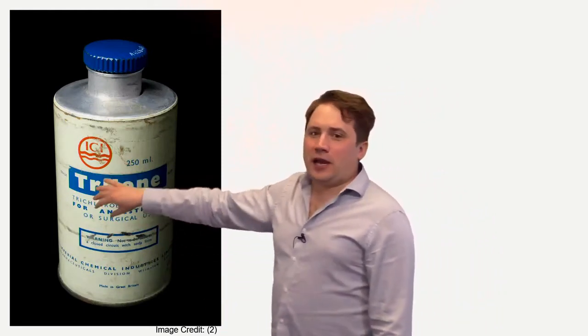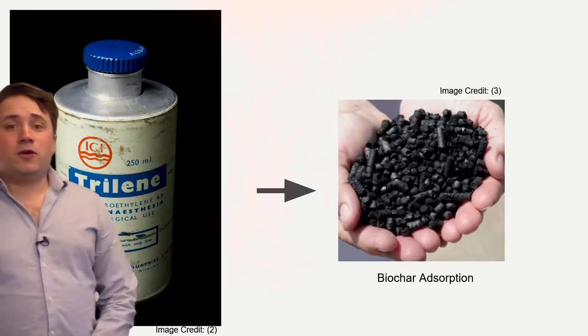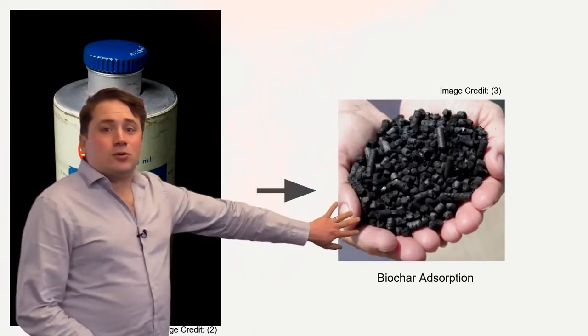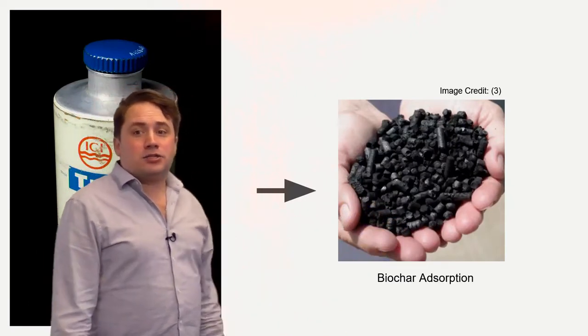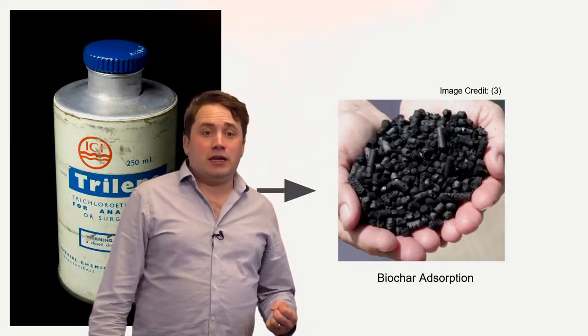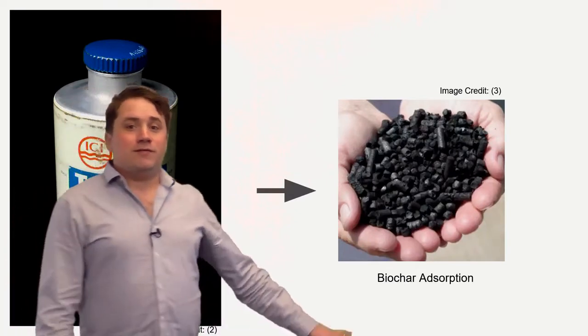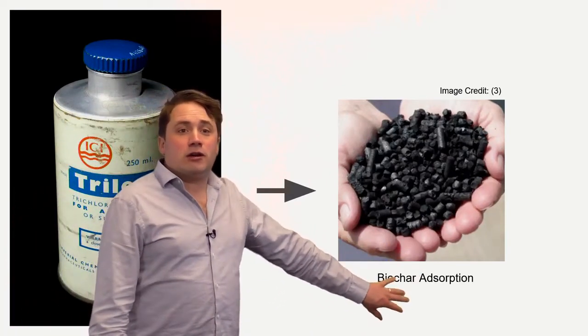And so this is an organic chemical, trichloroethylene, a chlorinated organic chemical. And people are always looking for ways to remediate the removal of trichloroethylene from water because, like I said, it is a persistent threat to human health. And lots of times the form that this takes is adding some sort of adsorbent, such as this biochar right here, that can adsorb trichloroethylene. The trichloroethylene bonds to the surface of it, and this results in the effective sequestration of the trichloroethylene